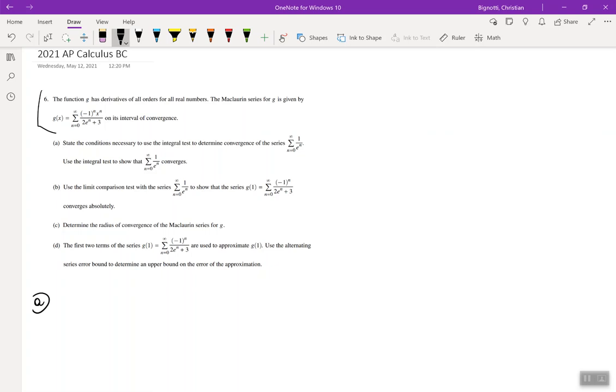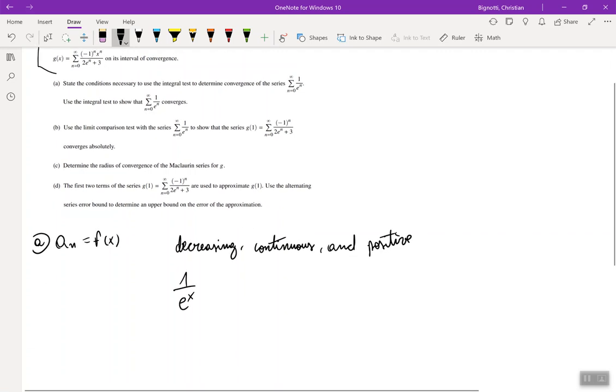But remembering the integral test, if we make our series equal to a function, this function must be decreasing, continuous, and positive. So just by looking at e to x, as x increases, the denominator gets bigger, which means the